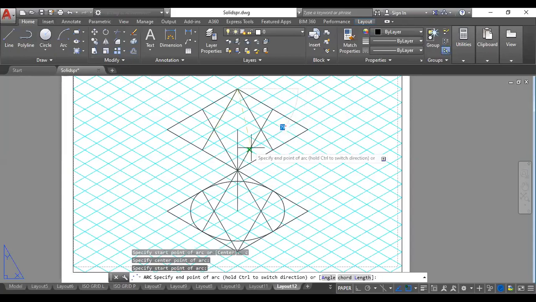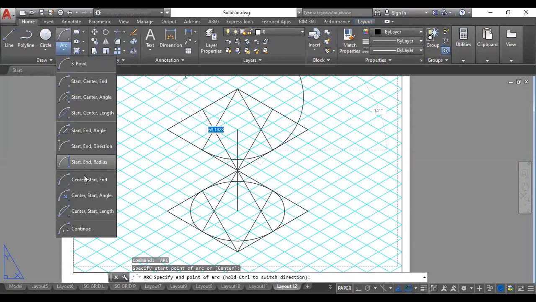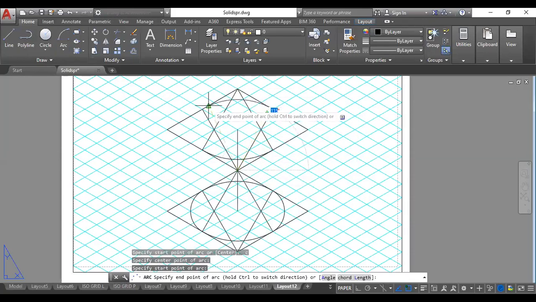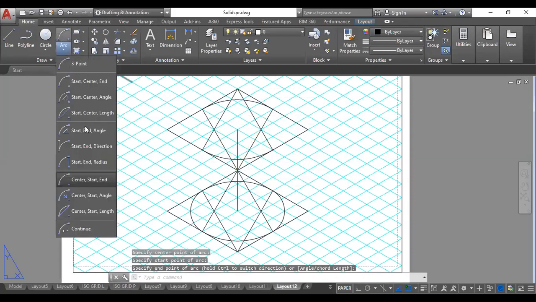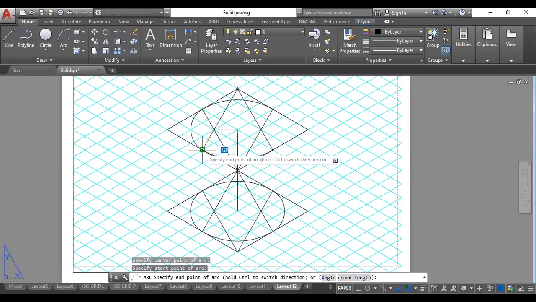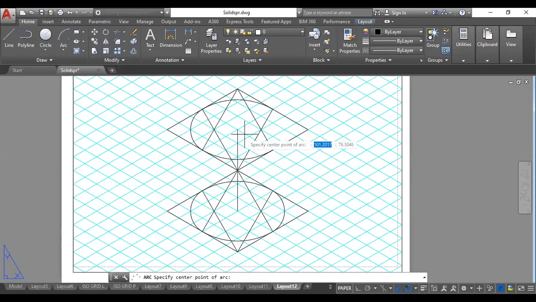By this time you should be familiar with these methods. I'm going a little bit quick here because we have already done many problems like this, so I am hoping that you are able to understand it. So this has a center and this has a radius, right? And finally, this has a center, this has a radius, and then join it back.